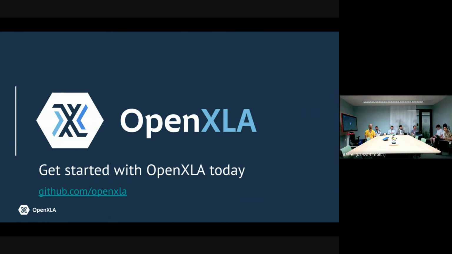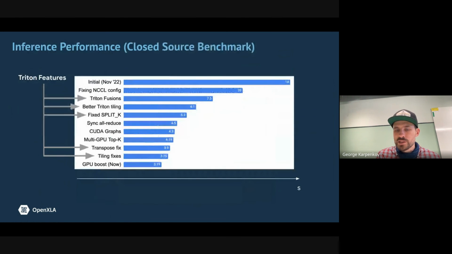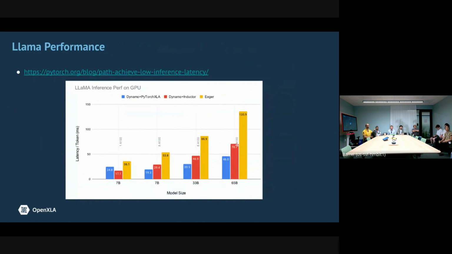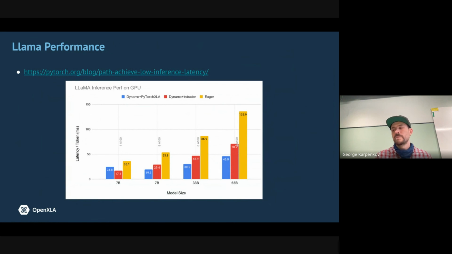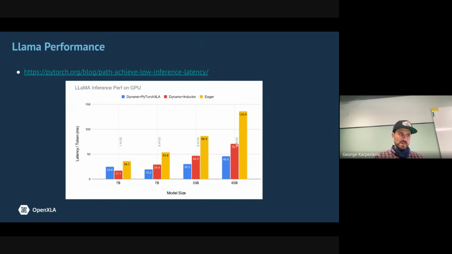Which might be worth jumping back to slide 63 for a second. Only I knew which one is 63, two before this. There, that one. Because this is a graph I don't think that we saw before. It's actually demonstrating our performance, which is the blue bars on 7 billion, 33, and 65. This is Llama 1. Is that what that was taken from? Yes, I believe so. So this is done by the PyTorch XLA team, which has launched the Llama 1 model